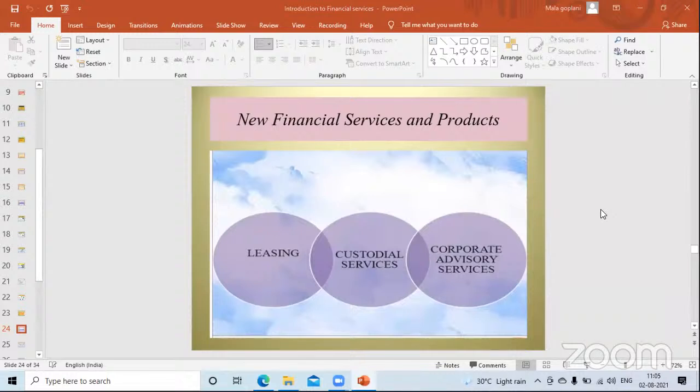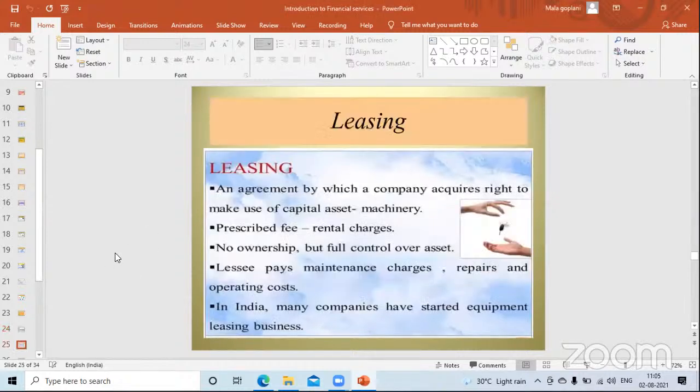Now see, another line of new financial services. We have leasing, custodial service, and corporate advisory services. So what is leasing? I hope you know these are the big equipments that have been rented by a company. Sorry, I said it the wrong way round. The company who owns the equipment is known as lessor, and who takes it on rent